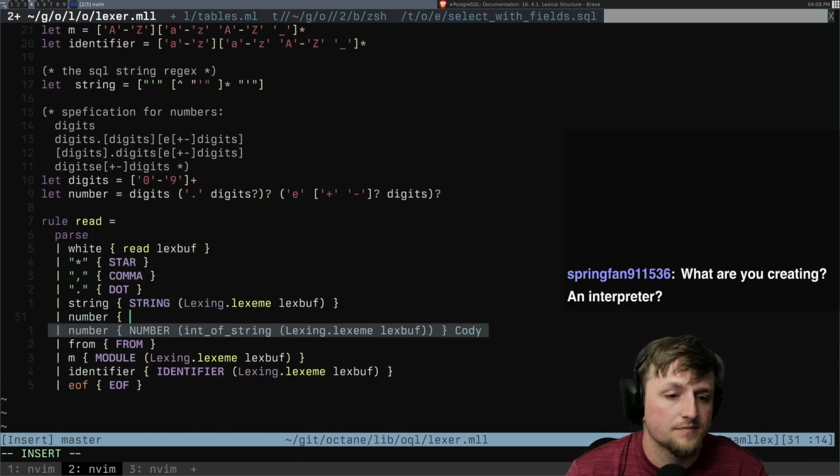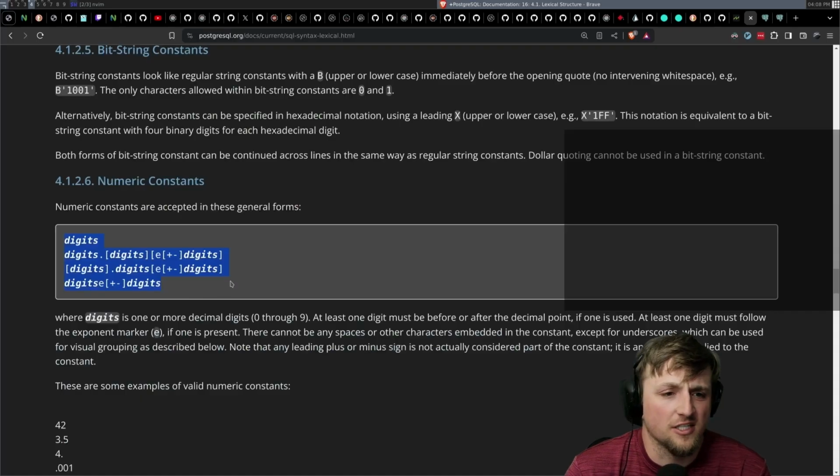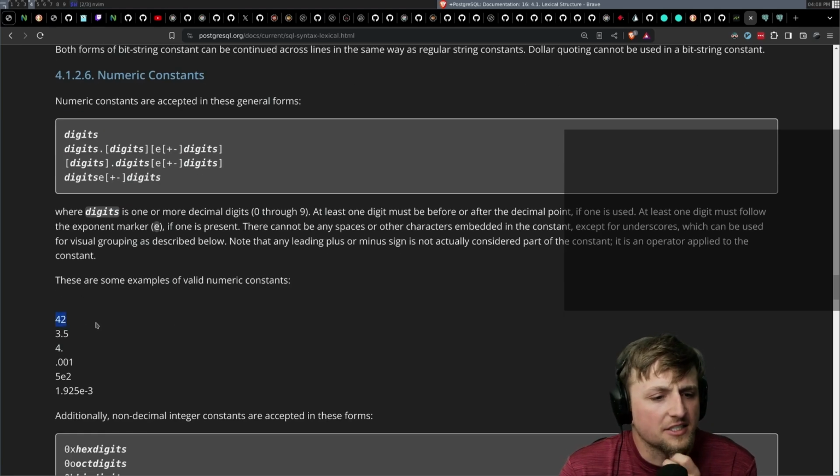Number. There's no integers, right? Is it all floats? This is an integer. Is there a difference in